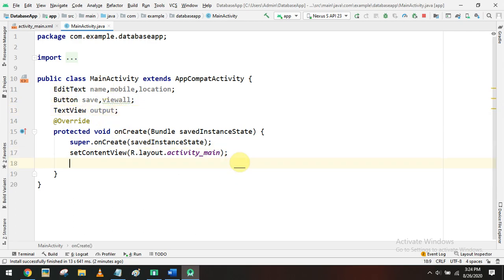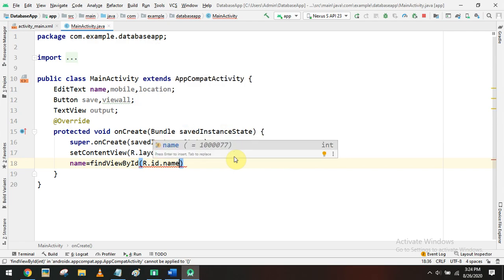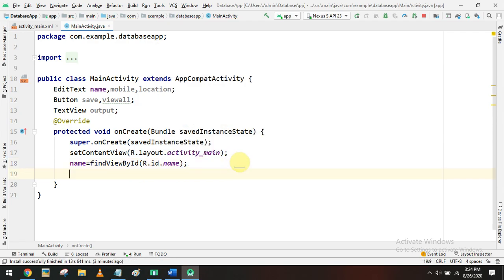So now we have to assign the objects, like we have to find the edit text boxes. So the name box we have to find using findViewById. Inside we can give the ID for the name. The same way you can find the remaining items.